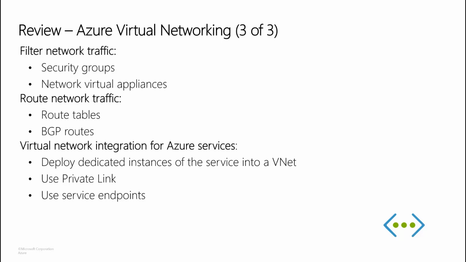Secondly, we can use Private Link. This is a new feature to privately access a specific instance of the service from your virtual network and from your on-premise network. You can also access the service using public endpoints by extending your virtual network to a service through service endpoints. Service endpoints allow service resources to be secured to a virtual network.